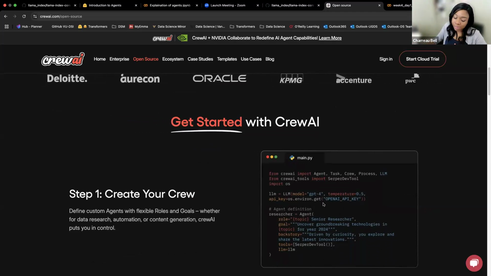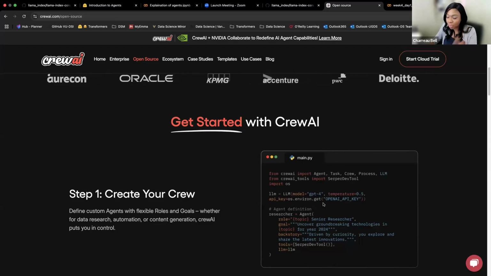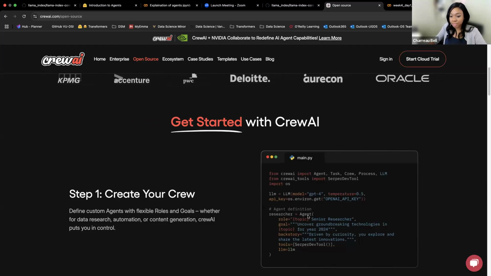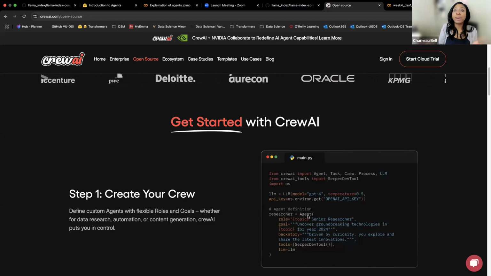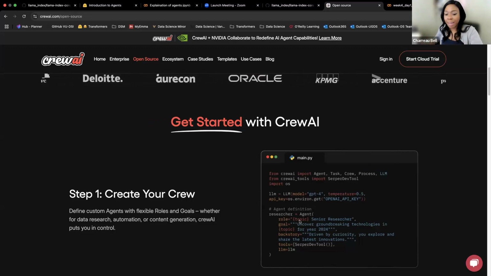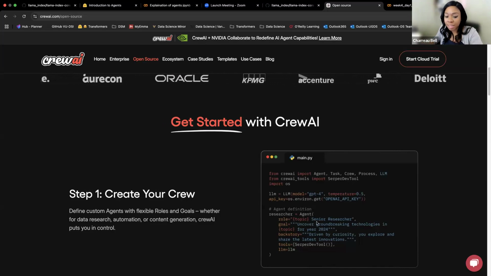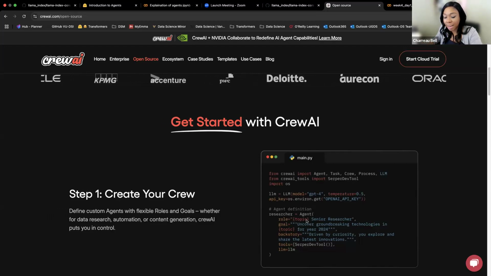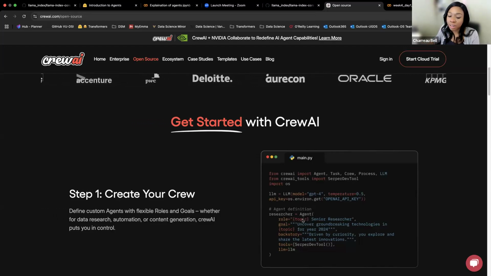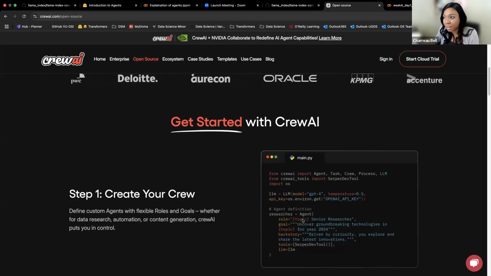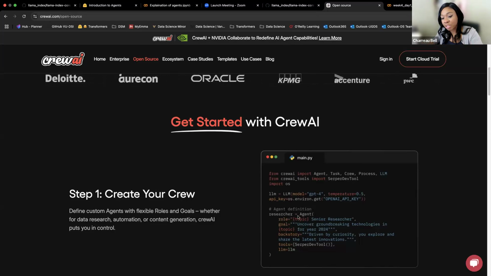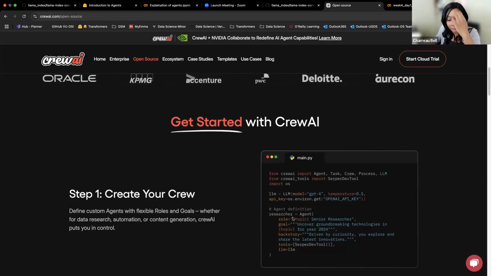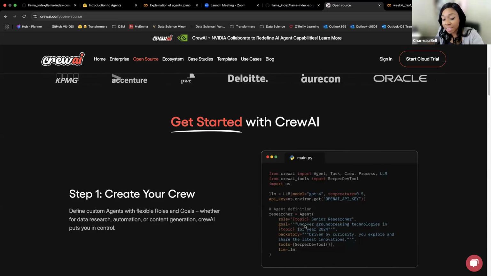And this is what I really love about Crew. There are other frameworks like this as well. I think OpenAI just released one that is very similar, where you're able to define what you want the agent to be. So it's like a very robust system prompt where you're describing, hey, this is what the purpose of this agent really is, and we can even give it this name. This right here, where you see topic, this is a variable. So let's say me, the user, I am specifying some topic like, hey, could you do some research on agents? So agents would be passed into here. So agentic AI, senior researcher, and that would be the role for this particular agent. For this goal, this is again something we as a developer specify.